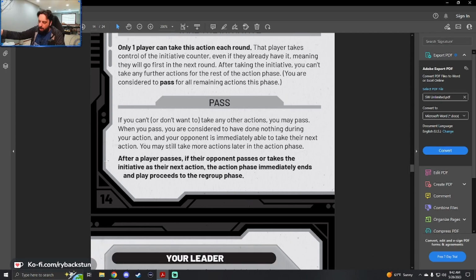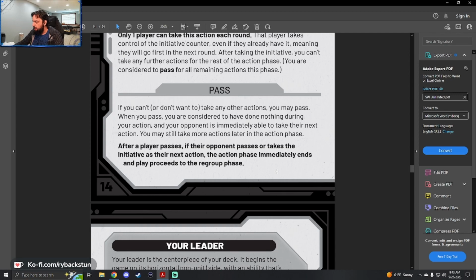You can still make other ones, so on and so forth. After a player passes, if their opponent passes or takes the initiative as the next action, the action phase immediately ends and play proceeds to the regroup phase, which is an interesting situation. This was very similar to Destiny. You can choose to pass to force your opponent to take the initiative, to claim the battlefield in Destiny, but here,